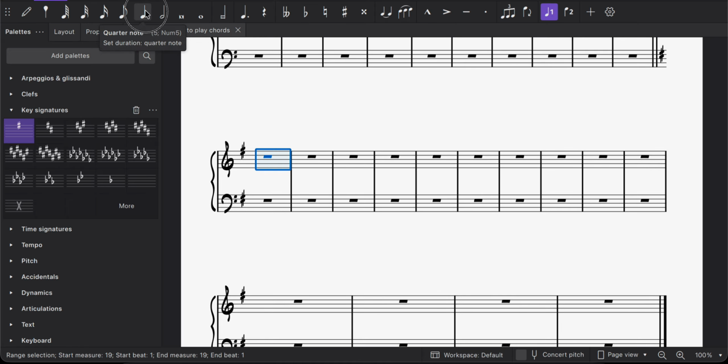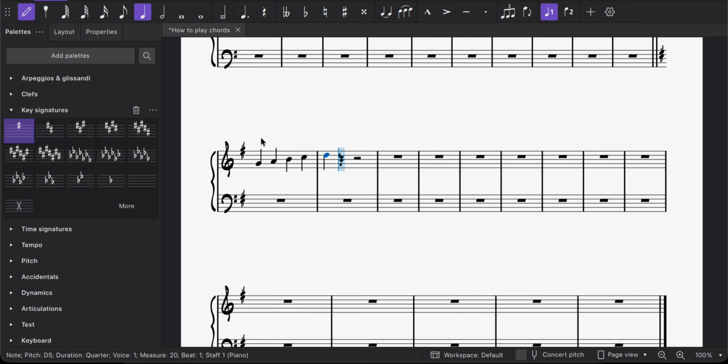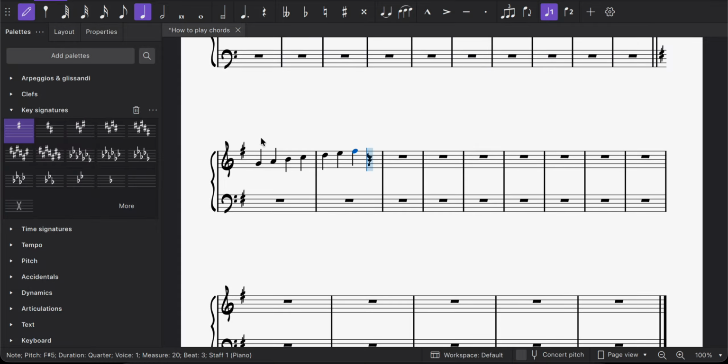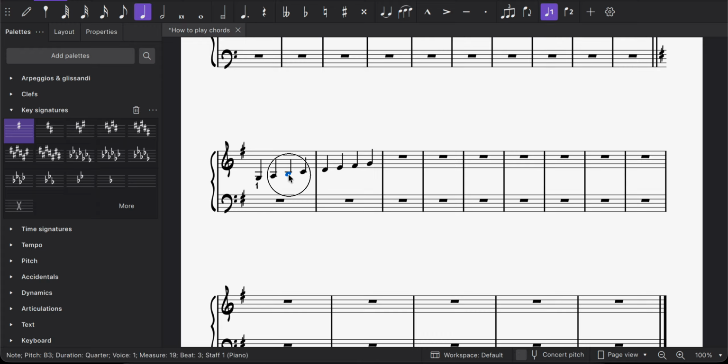The scale of a G major scale is G, A, B, C, D, E, F sharp, because the one sharp is F sharp, G. All right, I'm going to put that down one octave. Okay, I know that I need the first, the third, and the fifth in order to get my triad. So let's label that. Here we go. 1, 3, and